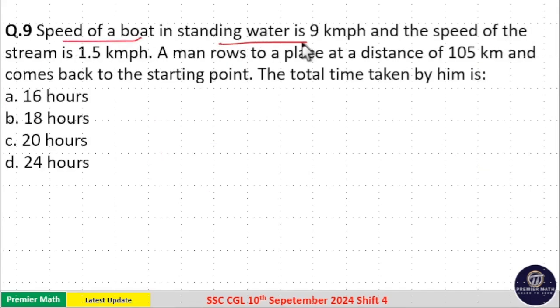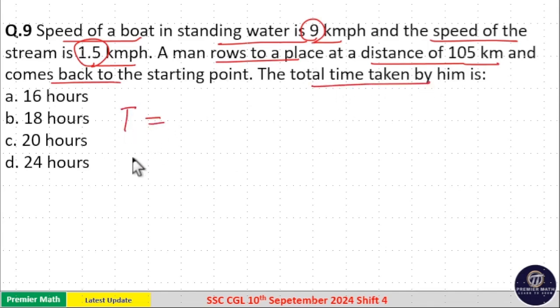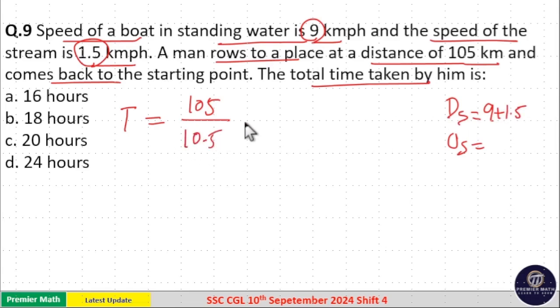Speed of a boat in standing water is 9 km per hour and speed of the stream is 1.5 km per hour. A man rows to a place at a distance of 105 km and comes back to the starting point. The total time taken by him is. Total time means downstream time plus upstream time. Here we need downstream speed and upstream speed for that. Time is equal to distance by speed. Distance is 105 and speed is downstream speed, that is 9 plus 1.5, which is 10.5. Now we need upstream time, that is distance 105 by upstream speed, which is 9 minus 1.5,